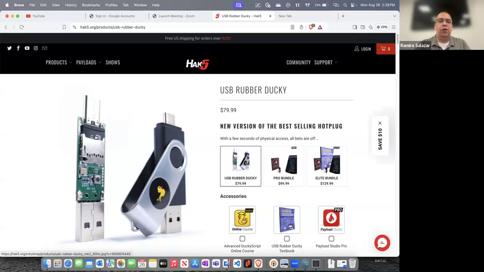All right. I have a script on my Rubber Ducky that, when you plug it into a machine, automatically inverts the desktop upside down, just as a joke, right? But there are other scripts out there that hackers can write, and when this thing is plugged into a victim's computer, it can actually create an administrator username and password that the hacker chooses, right? So it's really important to be able to distinguish these. When you buy these, sometimes they come with the sticker, but a lot of times they don't. So you really can't just tell, oh, this is a Rubber Ducky, because these just look like your basic USB flash drive.